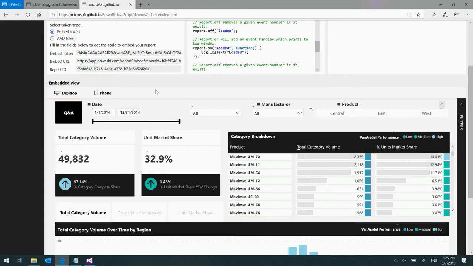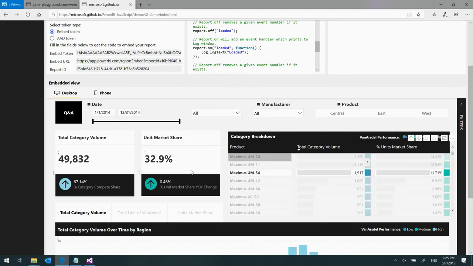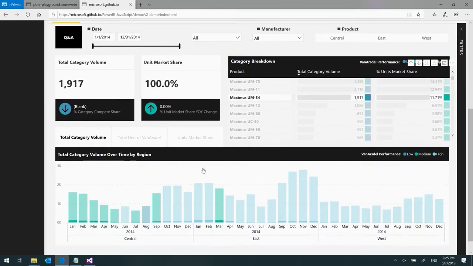Now keep in mind, this is an actual application that runs Power BI Embedded and also sells Power BI Embedded because we're developing it. And this whole application is open source and you can get it on GitHub too, so you see even how we develop Power BI Embedded to show you how to develop Power BI Embedded. Here you can see an actual report, living report. I can slice, dice, everything that Power BI gives me with full interactivity,